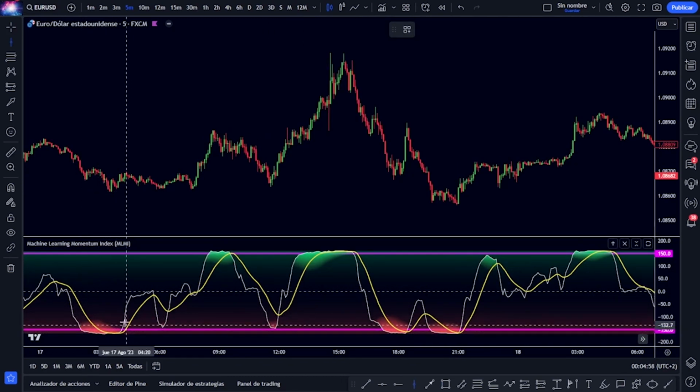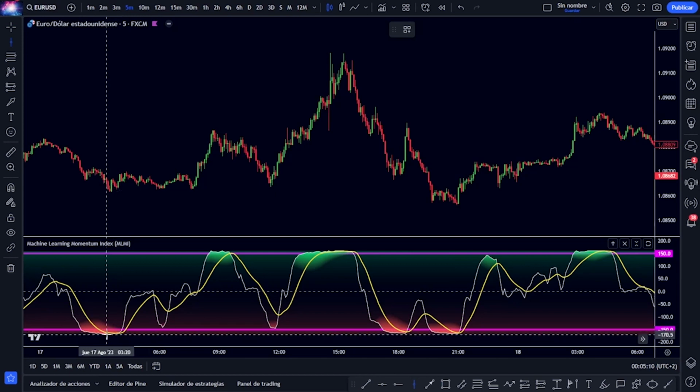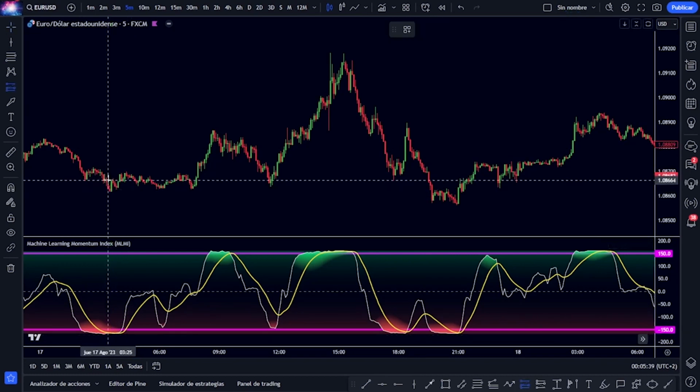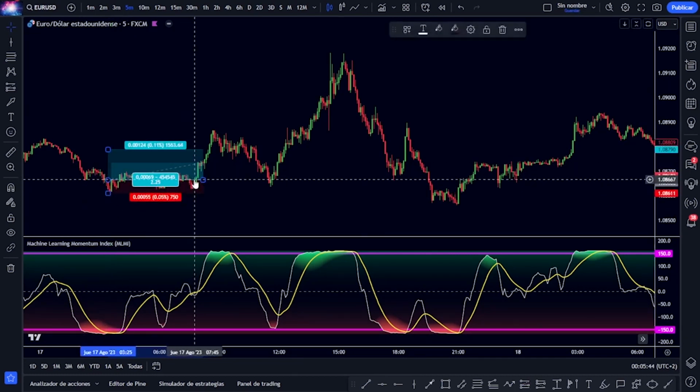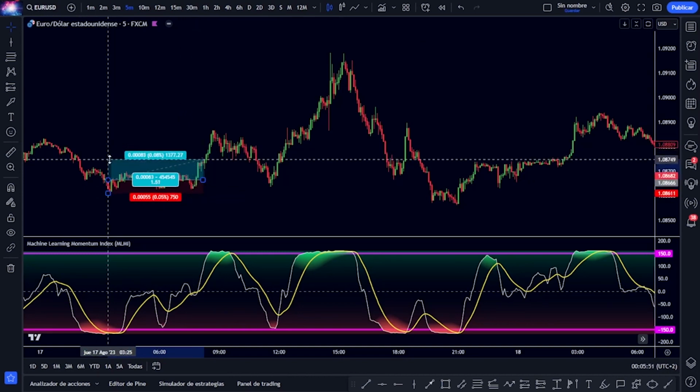We see that the red zone has touched and exceeded the line of the value of minus 150, and we also see how that crossing occurs upwards. Also, as you see, practically that crossing occurs at minimums, more or less at this point, with which we place our operation, the stop loss below the previous minimums, and the take profit depending on the asset that you are